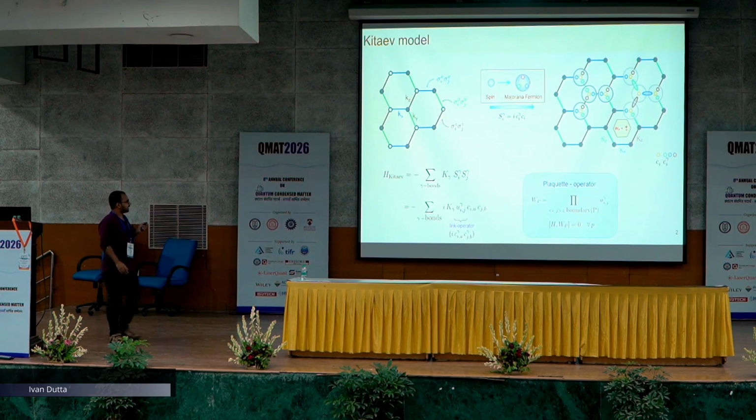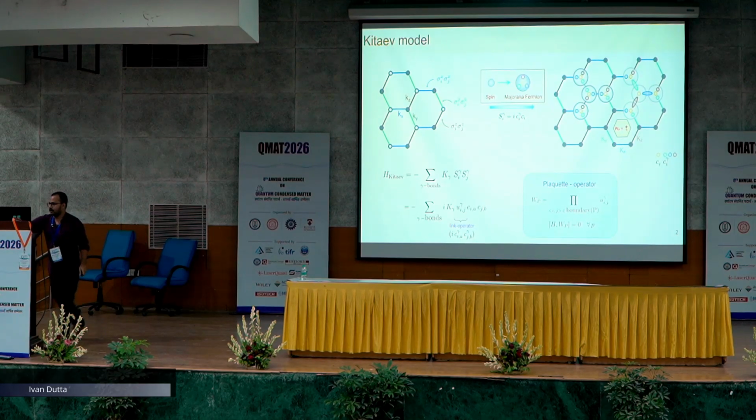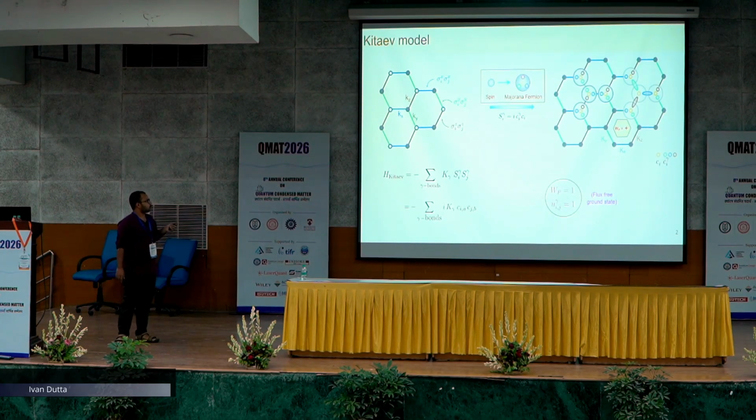However, this is not a gauge invariant quantity, but we can define a gauge invariant quantity from here, which is the plaquette operator, the multiplication of all the u_ij's throughout the plaquettes. Hence this also is a conserved quantity of the Hamiltonian. So if we can identify for which plaquette values throughout the lattice my system has the ground state, then I am done. And for the Kitaev model, for all the plaquettes, the plaquette values are 1, that means it is a flux-free ground state.